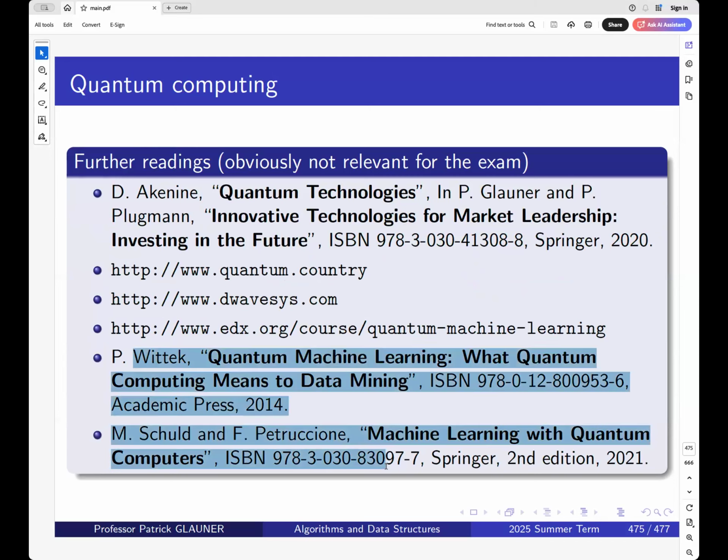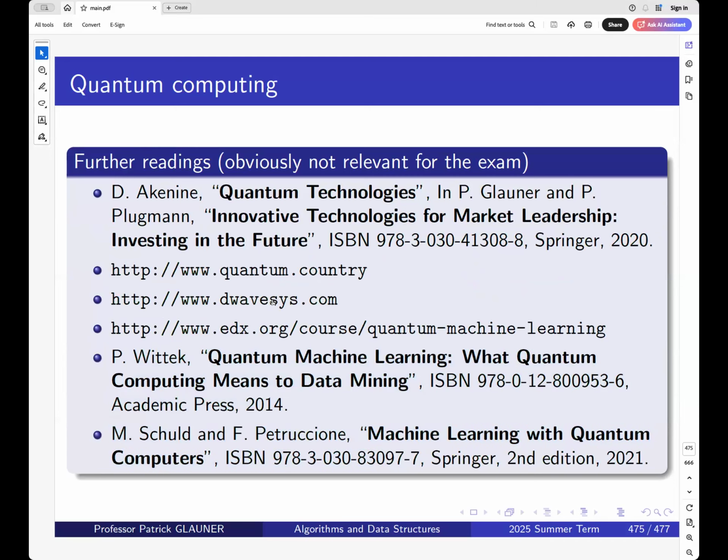There are books about quantum computers for machine learning. There's a very interesting website. It's quantum.country. These are very interactive essays. They teach you something. There are some questions. I published a book some years ago, and one of the chapter authors is Daniel Akenina, and he contributed a chapter on quantum technologies, which is a bit more than quantum computing. Daniel is one of the